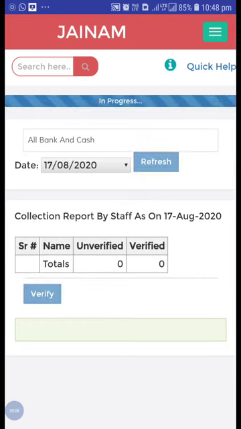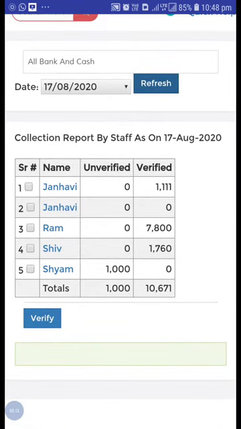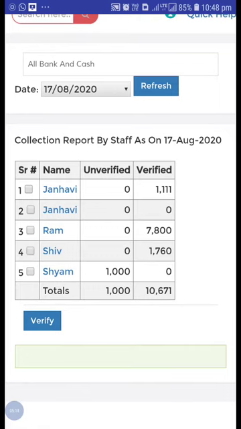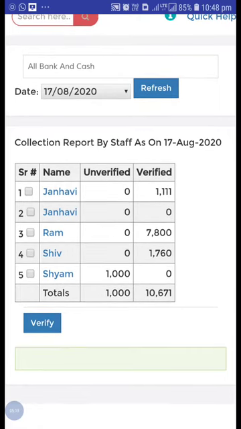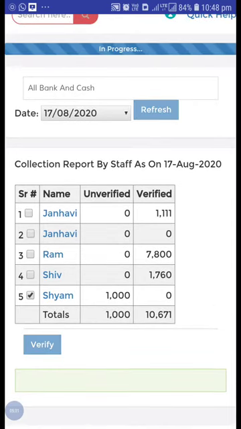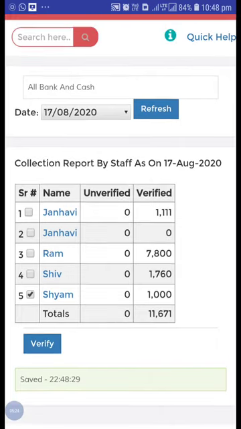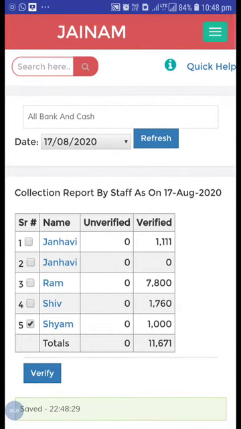And just refresh this as on date. Here you can see Sham has collected 1000. Now the admin can click this and verify this amount. So the 1000 has been verified. This way the staff can receive the amount and the admin can verify it.